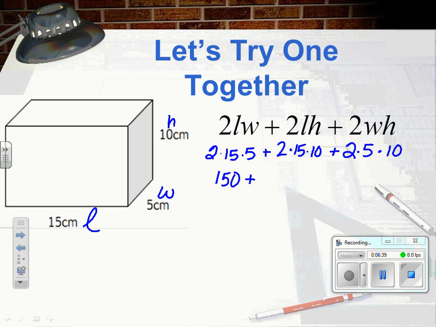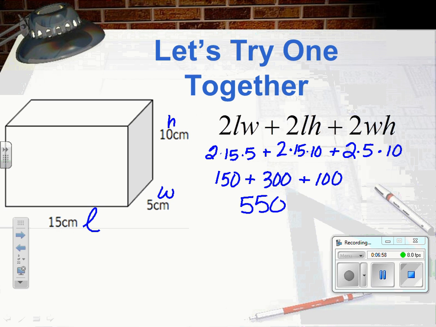2 times 15 is 30, times 10 is 300. Bring down my plus sign. 2 times 5 is 10. 10 times 10 is 100. And so now it's just a matter of adding it all up. And we end up with